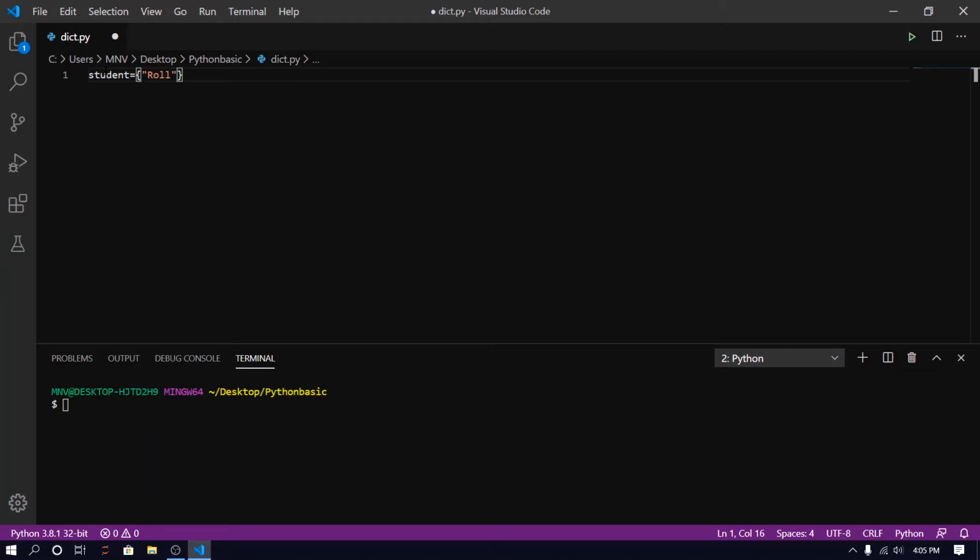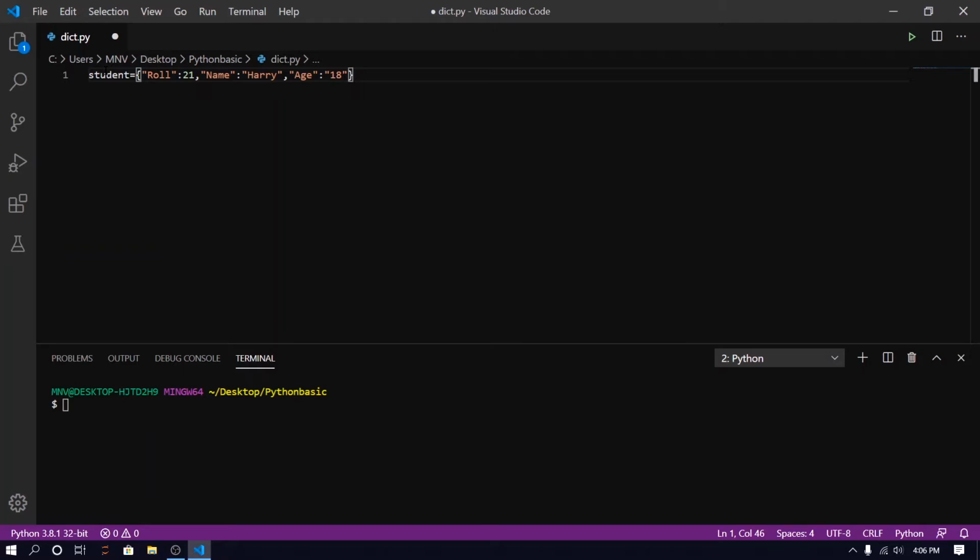Now I want to store the name of the student, name, colon, and the name, for example Harry, and the age of the student, 18. So that is our dictionary.